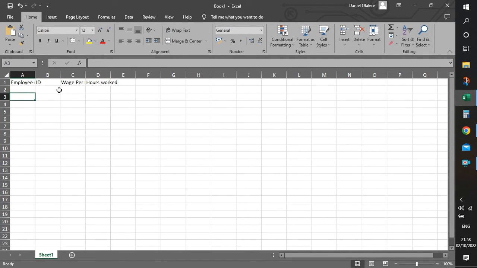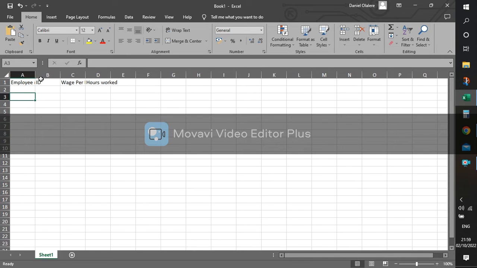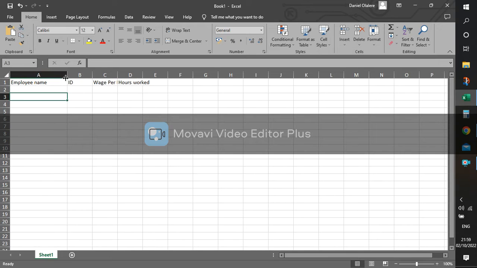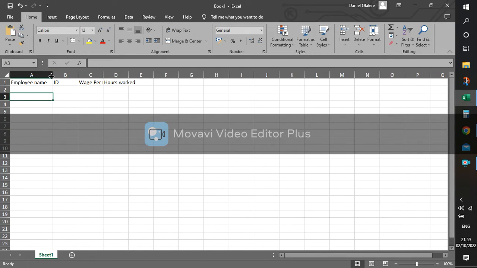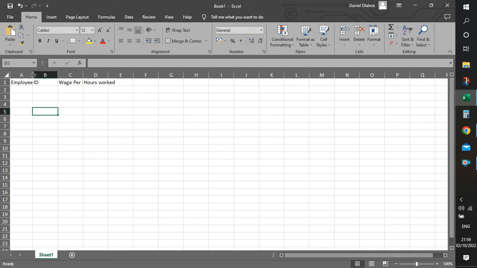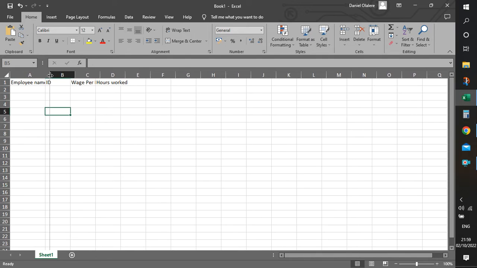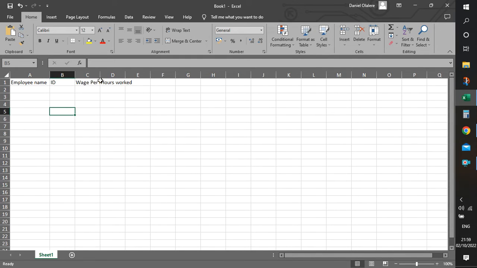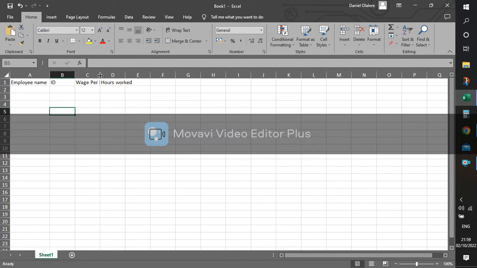Employee name. Now, there are two ways to approach this. I can drag the column to show my employee name. I can drag the column here, right click on it and drag it by the side to make sure it shows the employee name completely. And I can also use a technique called